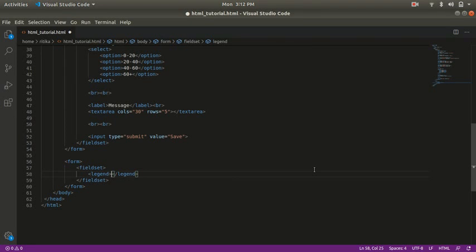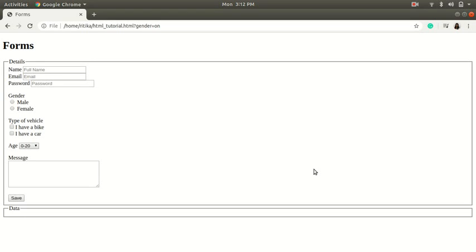Let's write data as the title. See, we are getting this data here and we are getting a box with a border because we have mentioned field set and legend. Legend is this, field set is this border.